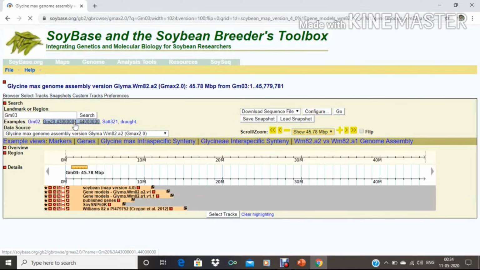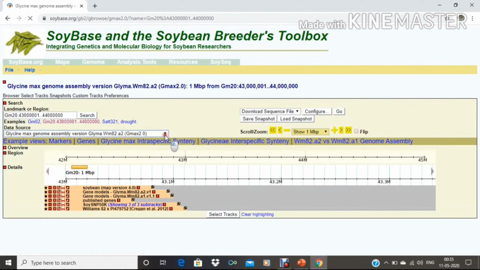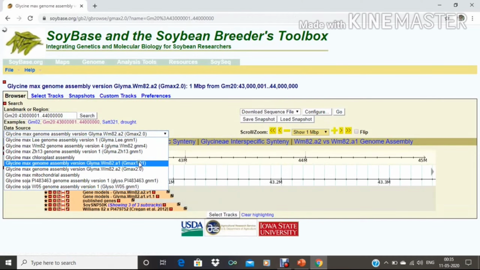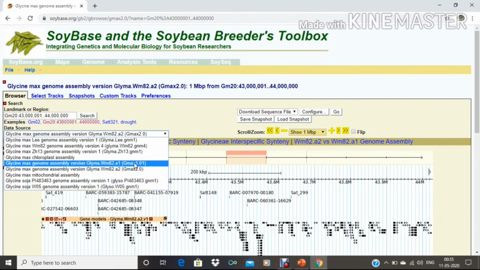Then, suppose we already know the gene location, by simply putting the region in this box, we will get the information. I am choosing this region. And we can also change the data source, and I am choosing this data source, the Glycine max genome assembly version Glyma.Wm82.a1.